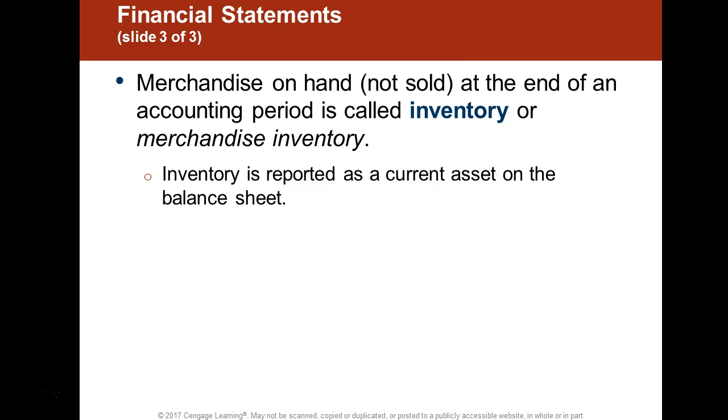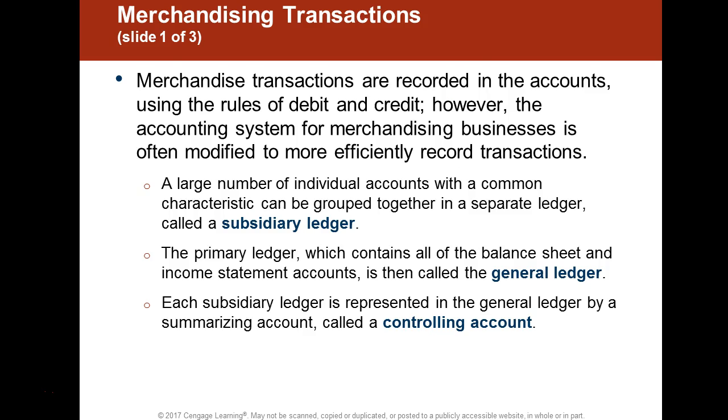So inventory is a current asset because it's going to be going in and going out. Obviously, inventory is an asset that is attributable to the revenues that organization generates. So it's going to be helpful to see that turn over very, very quickly. And the quicker it turns over, the more efficient the organization is generating revenues.